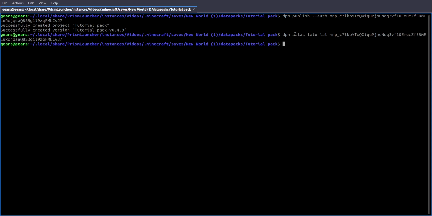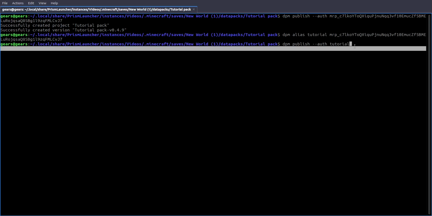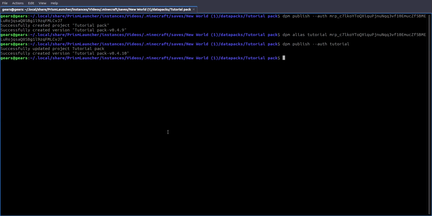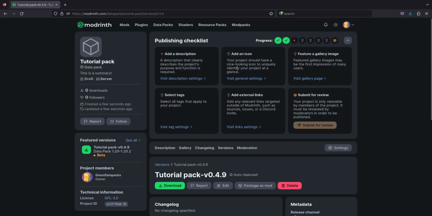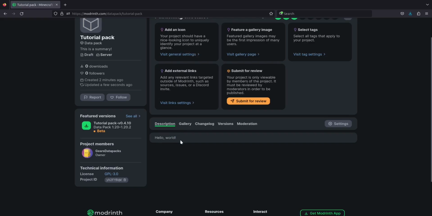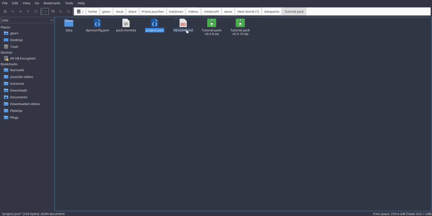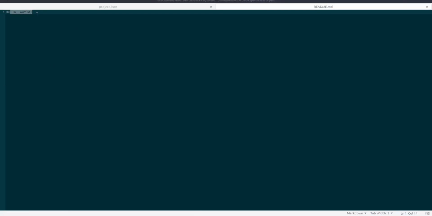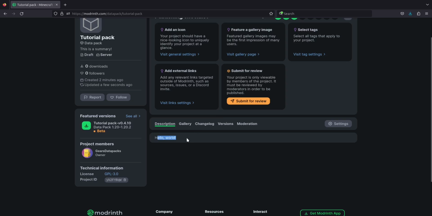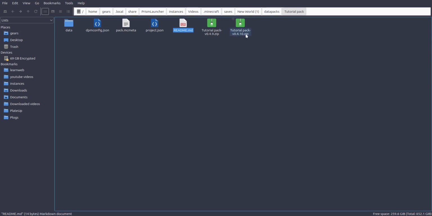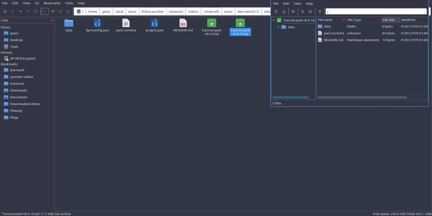And so what this has done, it's created an alias. So now if we do publish, and instead of putting this long string, we can just do tutorial, and DPM now knows that this tutorial just means this long string. It's updated the project, we created the version. So now if we go back to our tutorial pack, first of all we have hello world in our description. What DPM does is it reads your readme file, which says hello world, and it just sticks that in the description. And you can see this tutorial pack 4.10 also contains the readme, because DPM by default includes the readme